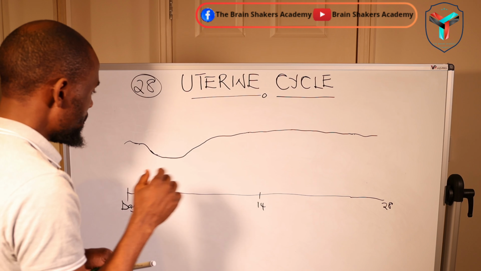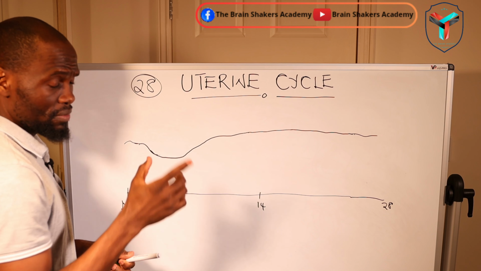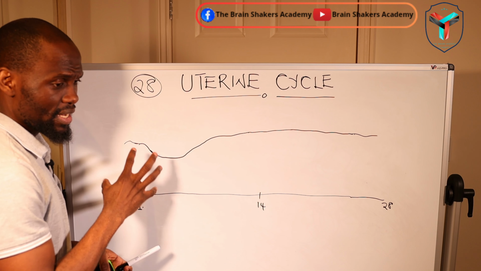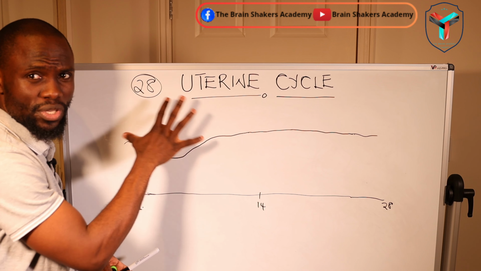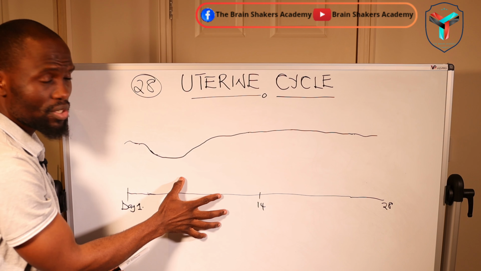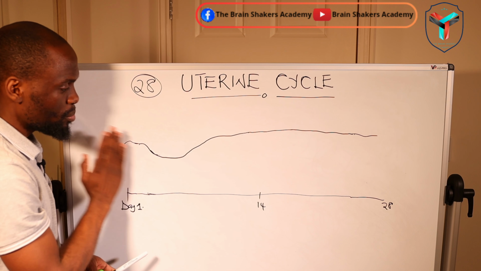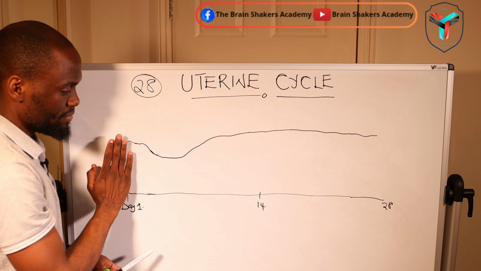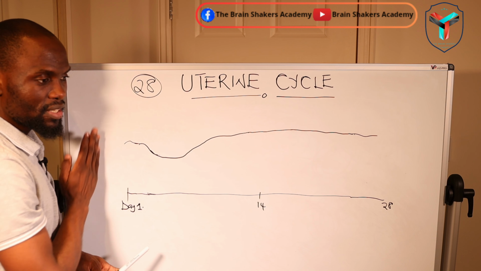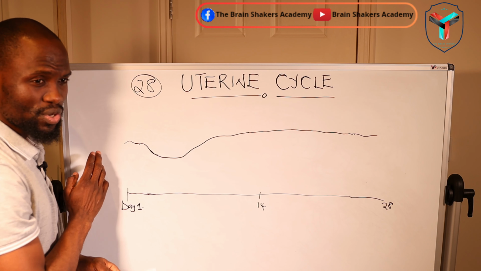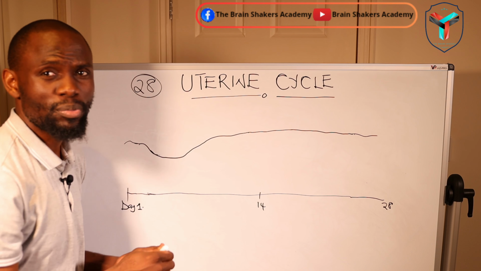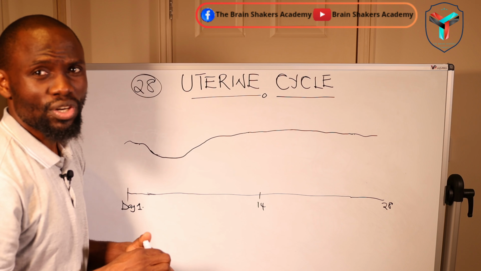Now, if you remember the video that I have done on the ovarian cycle, which occurs concurrently with the uterine cycle, the last portion of that video explains the decline in the progesterone and estrogen levels. And if you haven't looked at that video, please do check for it